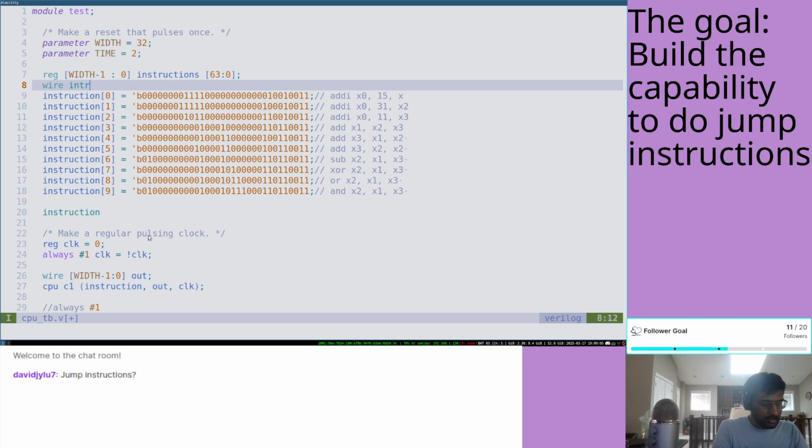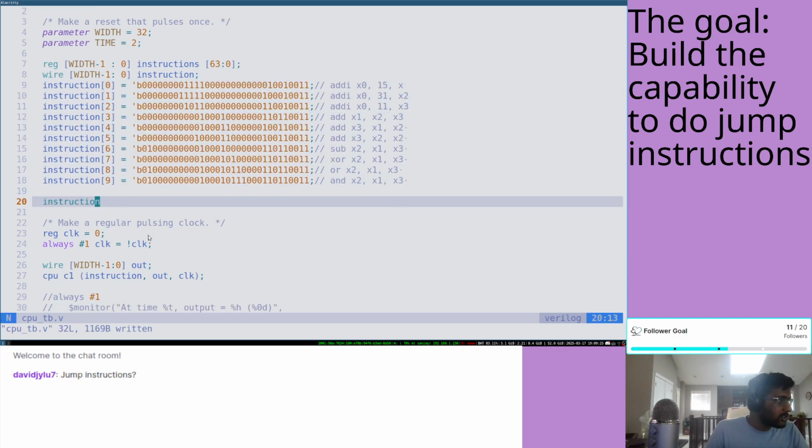Wire instruction, and obviously we have to have the size of width minus 1, right? So we need to set the size of the instruction. So we're going to do assign